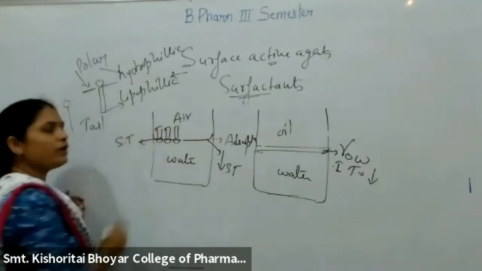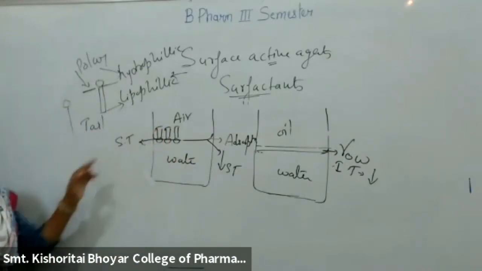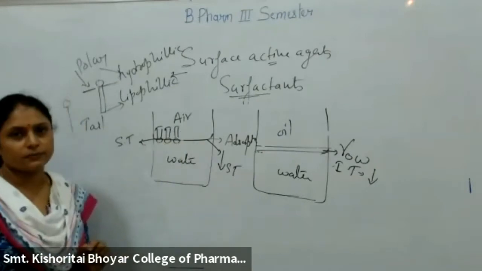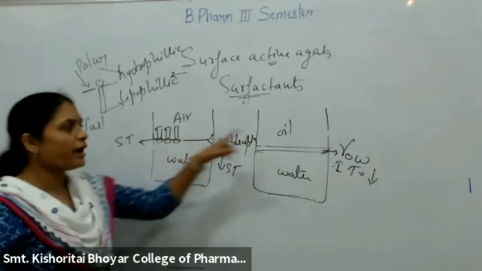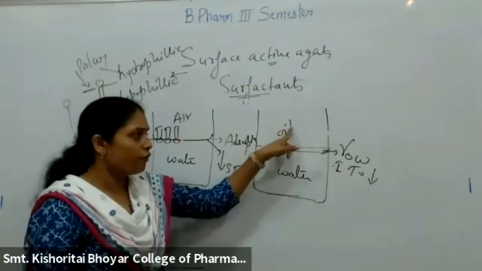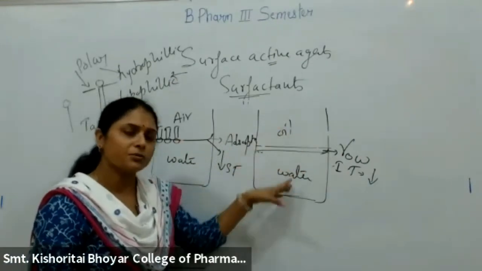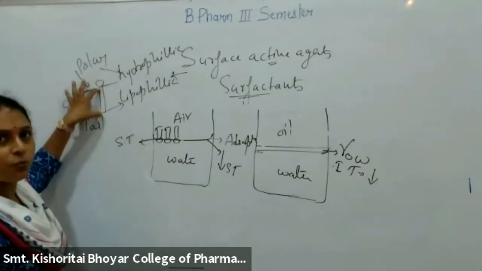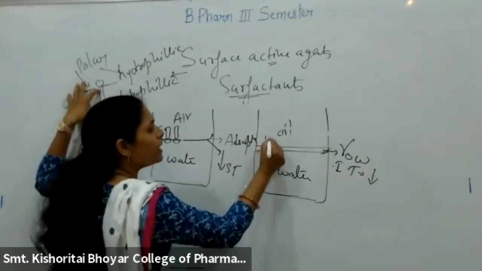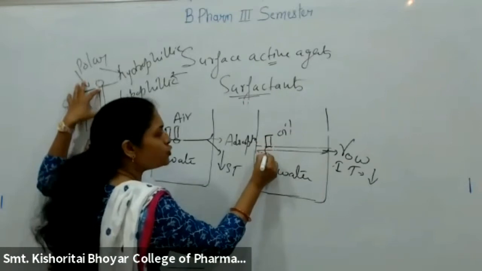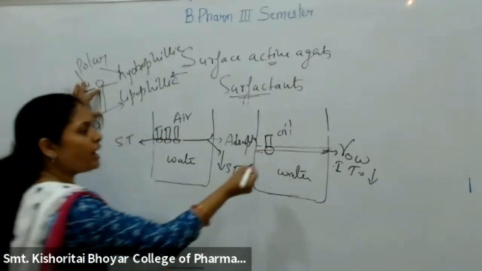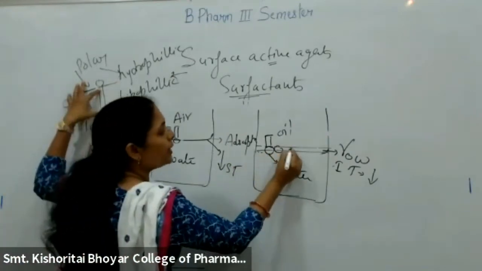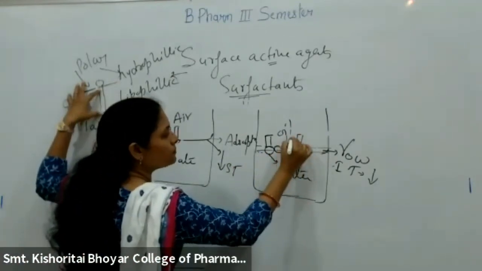The molecule when we add it, it aligns in this manner, and because of this, it gets adsorbed onto the surface. Similarly, when we add it into this interfacial system where oil and water is there or two immiscible systems are there, इस पोर्शन की टेल पोर्शन की लिपोफिलिक पोर्शन की एफिनिटी किसके तरफ रहेगी? That is with the oil, and the hydrophilic one, the polar one, will have an affinity towards the water. Thereby it will get adsorbed in this manner.